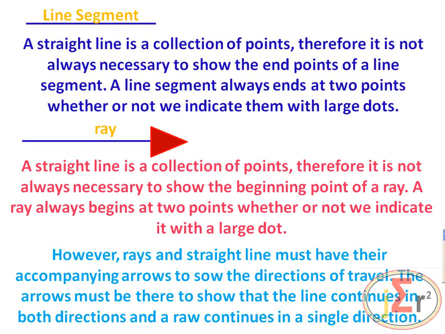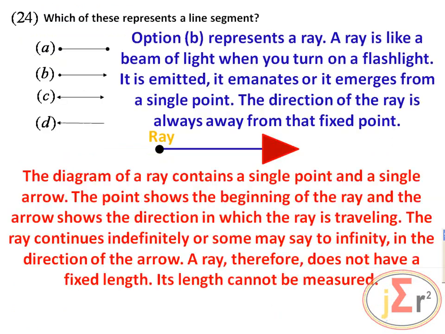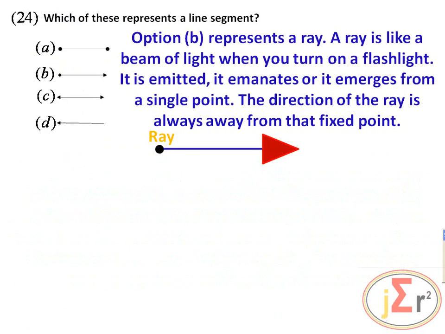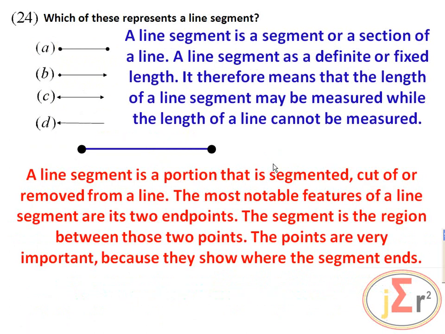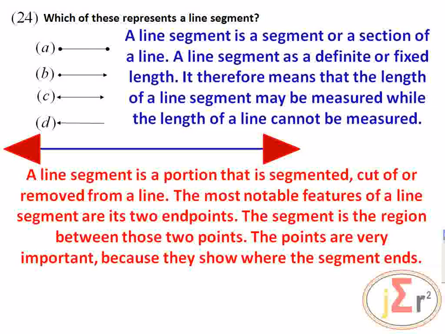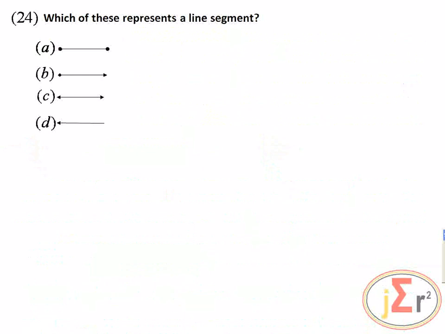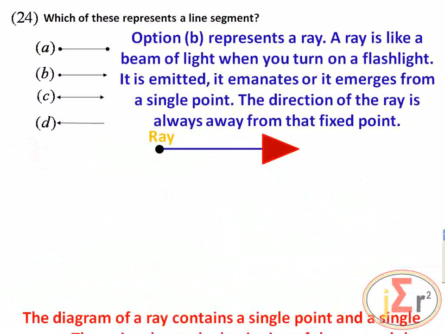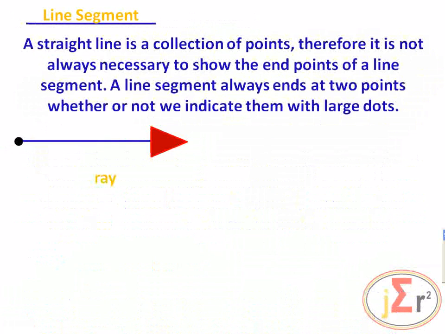So if we have a ray, we have to have the single arrow showing that it continues indefinitely, and if we have a straight line, then we must have the arrows showing that the line continues indefinitely. So the straight line and the ray must have their accompanying